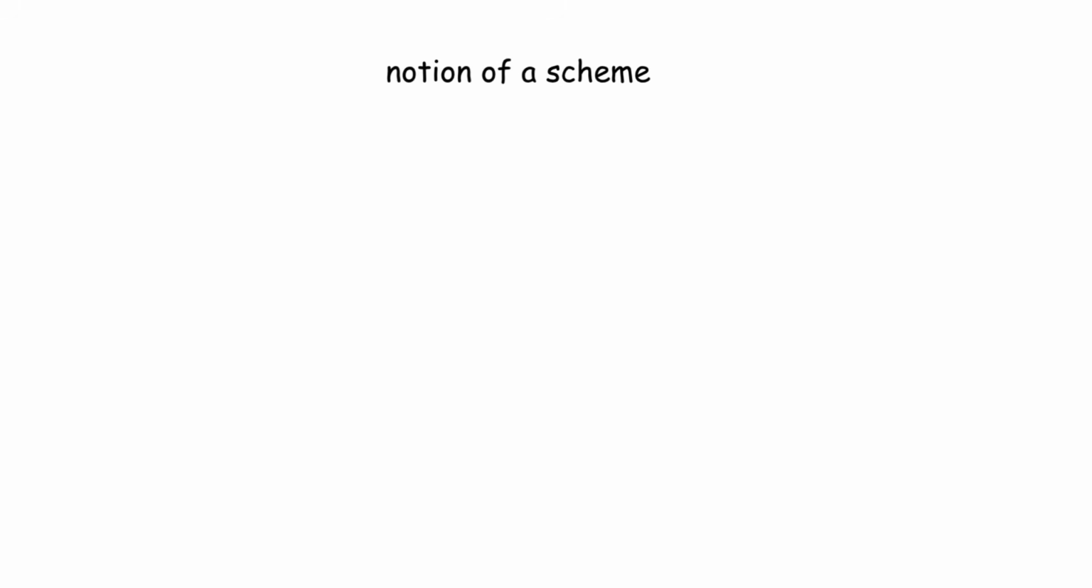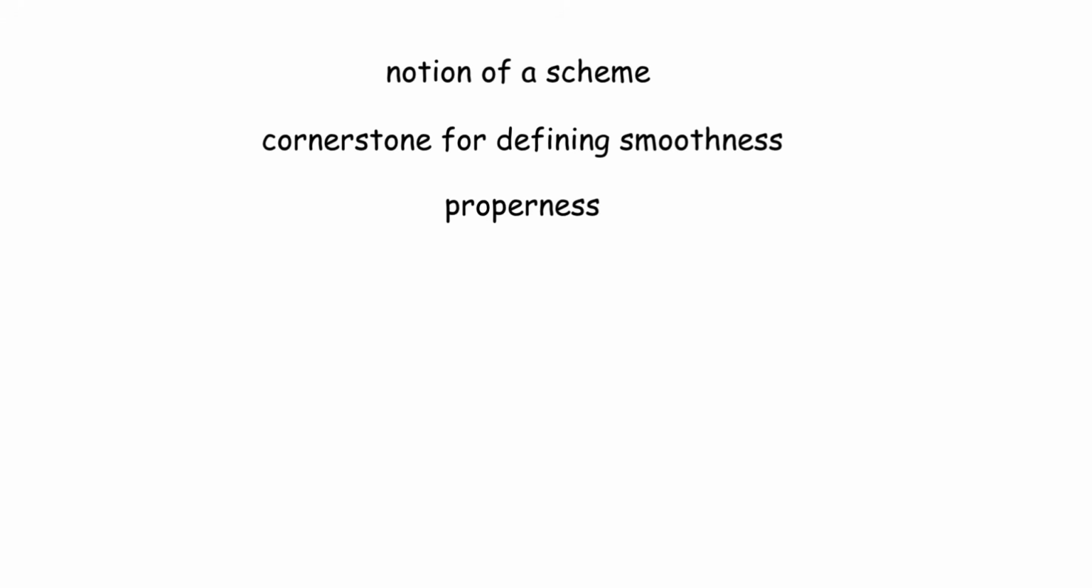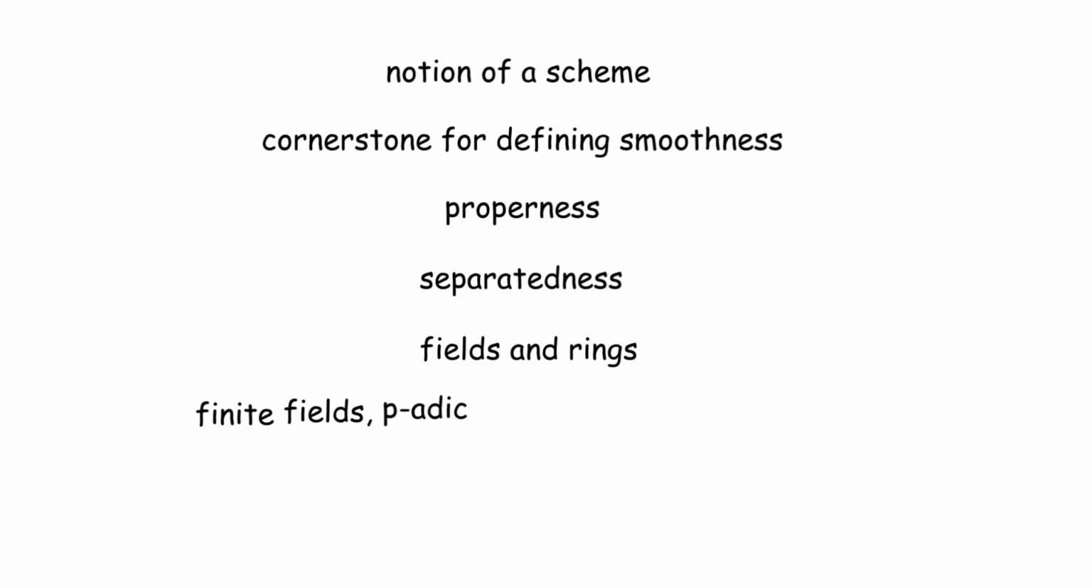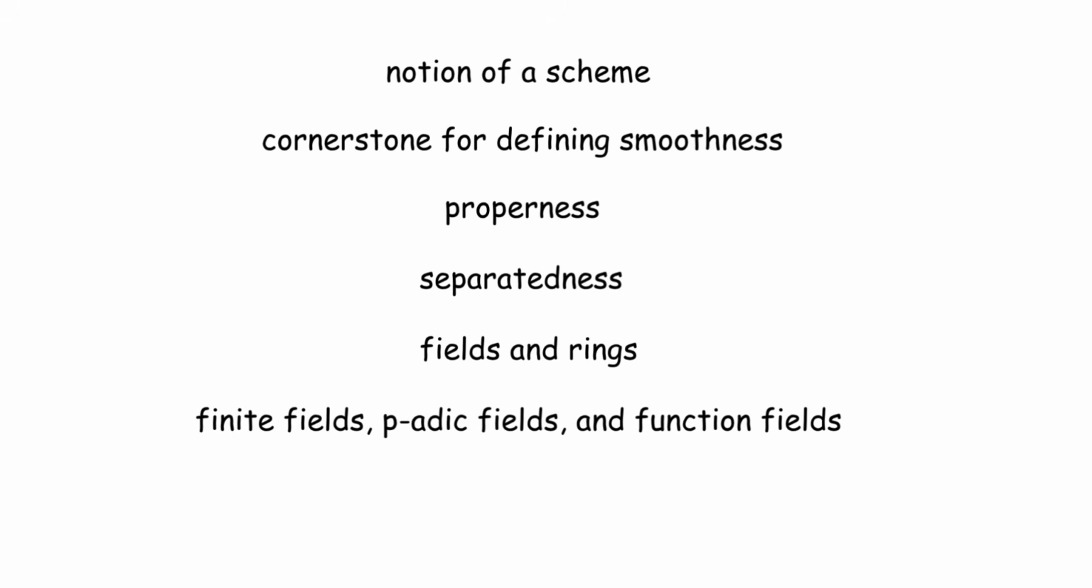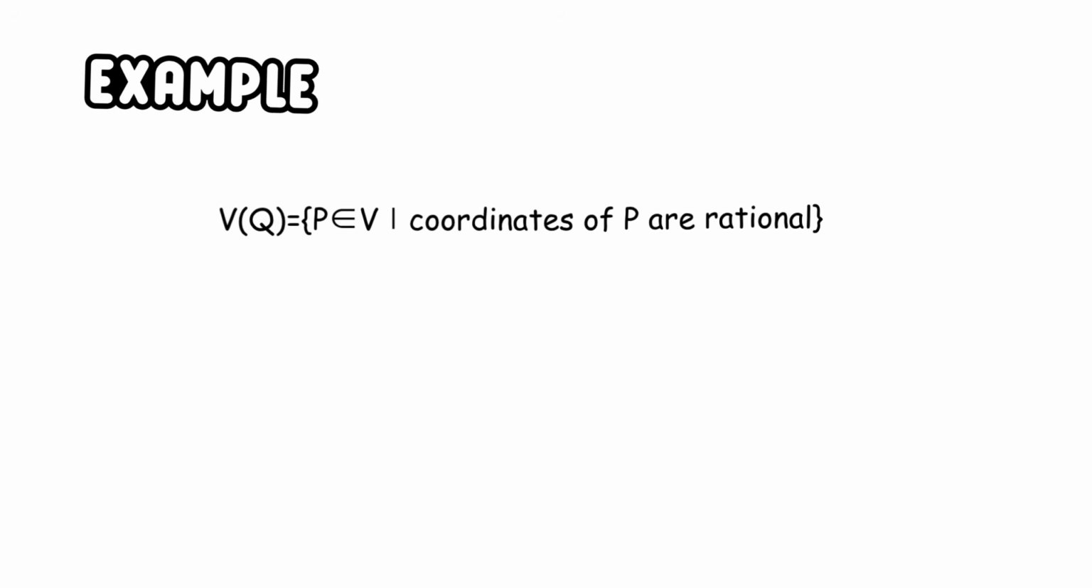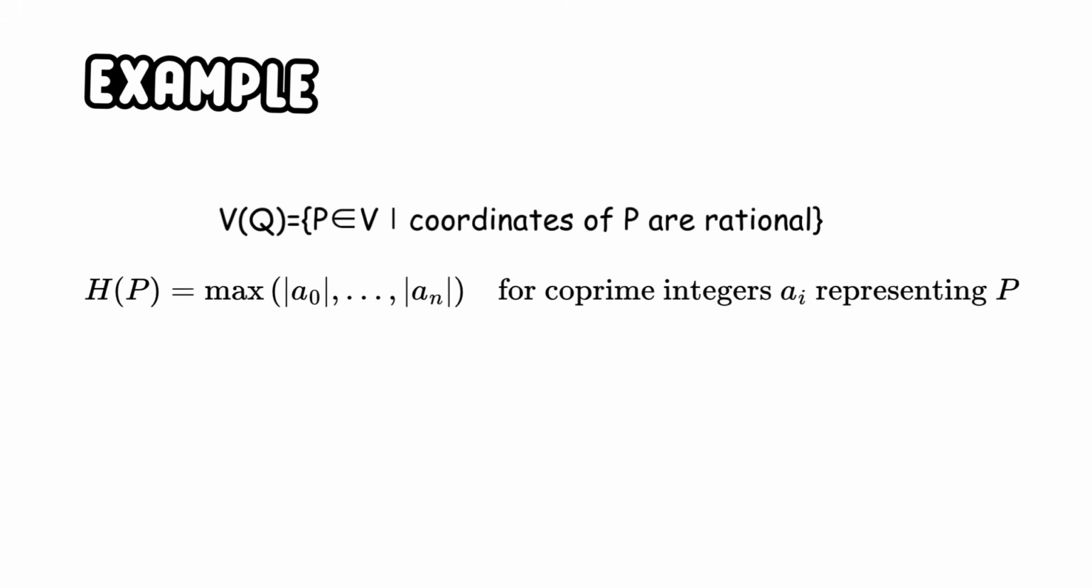It precisely introduces the notion of a scheme, a cornerstone for defining smoothness, properness, and separatedness, and extends the study to the behavior of varieties over different fields and rings such as finite fields, p-adic fields, and function fields. For example, if a variety V is defined over the rationals, studying its points of bounded height reveals distribution patterns